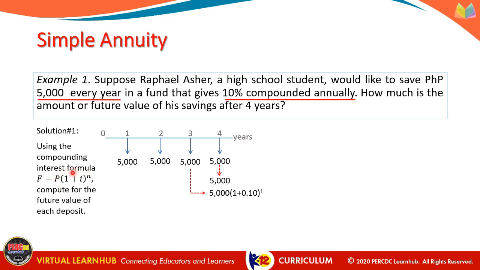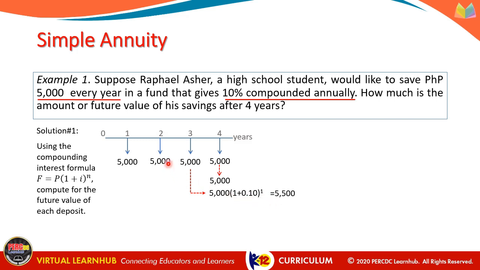We apply this formula, okay? Interest rate per period is 10% or 0.10, okay? And from the third year to the fourth year, it is just one interest period. Okay, we have an interval of 1 from 3 to 4. This is equal to